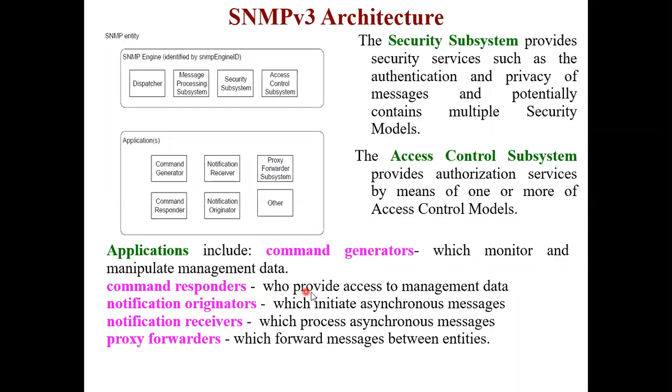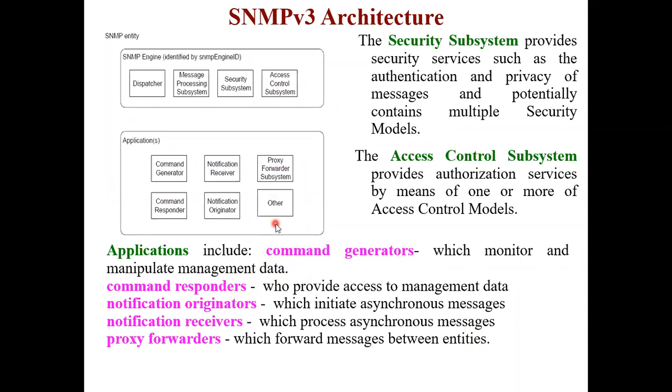So the command responder is what provides the access to the management data. Then the notification, see, it's just one line. That's what I was telling, it's one line about every block. The notification originator initiates the asynchronous message. This works like a trap. Notification receiver: the manager receives the notification messages and processes the asynchronous messages. And then the proxy forwarder, which forwards messages between the entities. So these are, in very short,